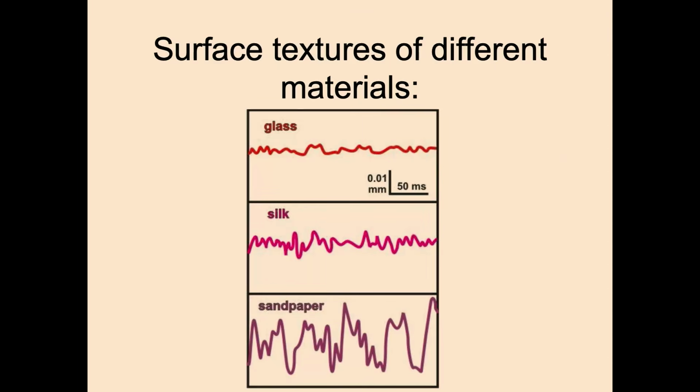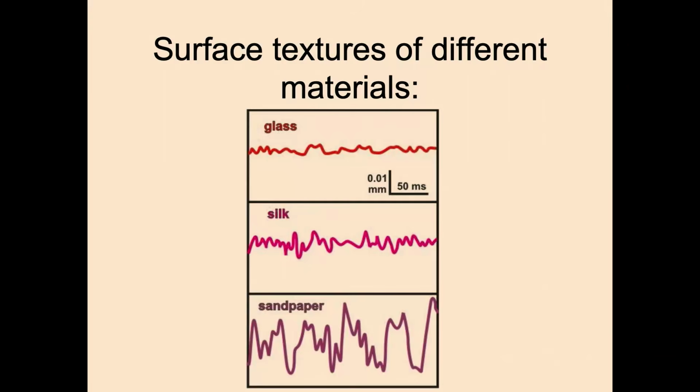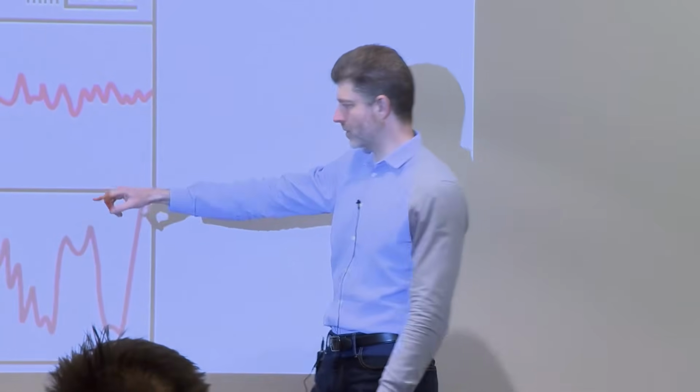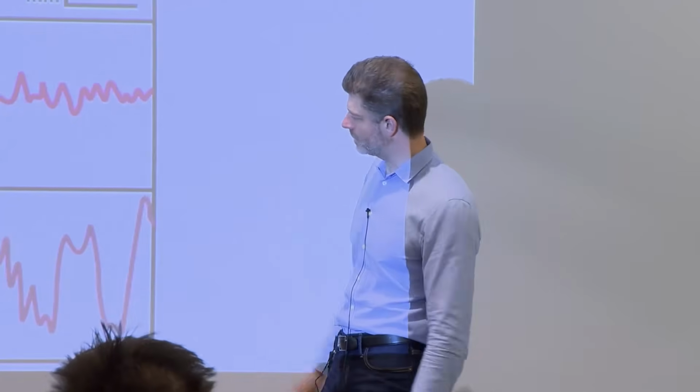So this is a graph that shows some surface depth maps for 3 different materials. The y-axis here is depth. The x-axis is lateral position along the surface. In this case, this is being swept along, so it's as though you're moving your finger across something, so time, wind,